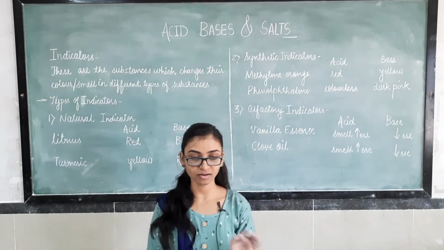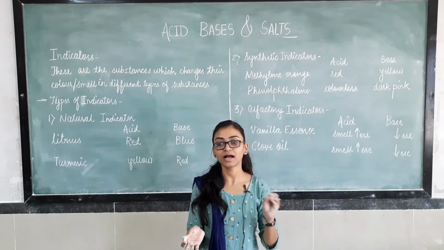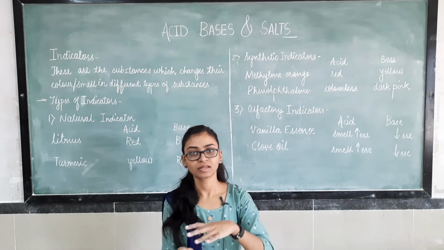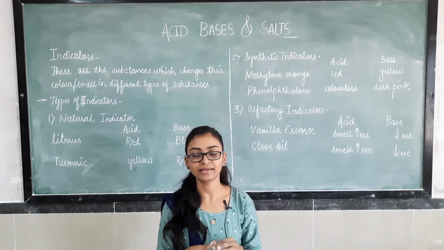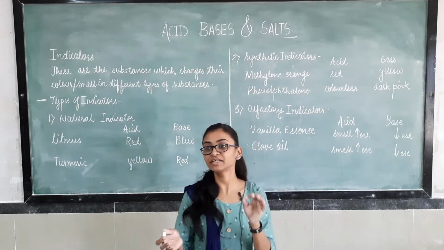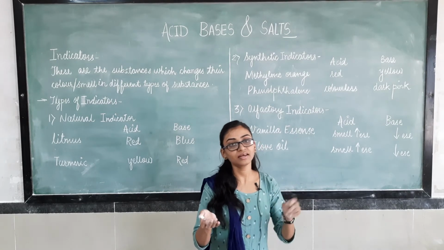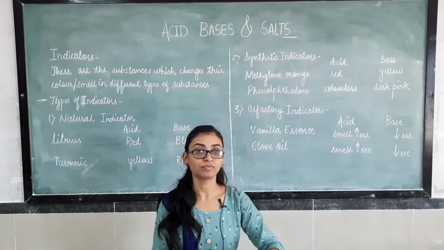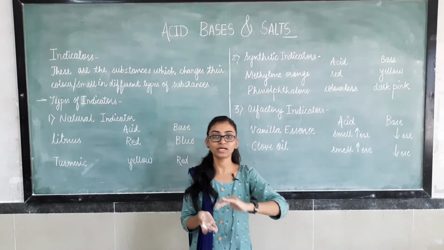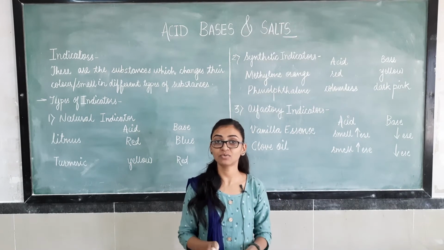Have you seen, if you have one handkerchief and you have some oil or something on that hanky, and you have to wash it, what you apply if it is a stain of turmeric, right? Turmeric oil is a stain. Then you apply soap. Soap is a base. So when you apply soap over that stain, what will happen? That yellow stain directly gets converted into red.